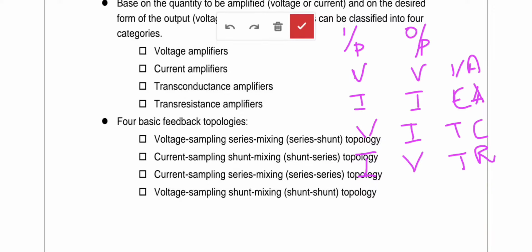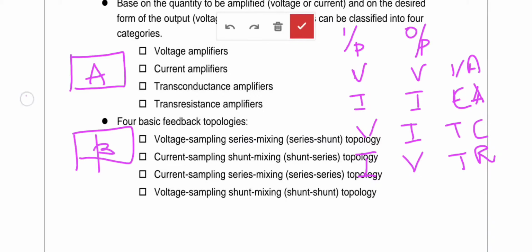If you know this particular thing, it will be easy for you to remember, or just by hearing the name you can explain the remaining things properly. So you can see, we have the basic amplifier structure as amplifier and feedback. This is the amplifier path and this is the feedback path. This is our input and this is our output side. So if input is voltage and output is voltage, then it is voltage amplifier. Input is current and output is current, then it is current amplifier. Input is voltage and output is current, then it is transconductance amplifier. Input is current, output is voltage, then it is transresistance amplifier.